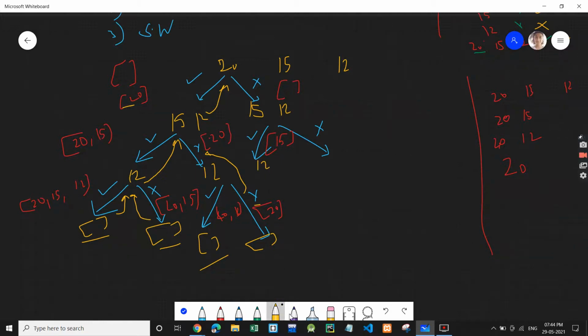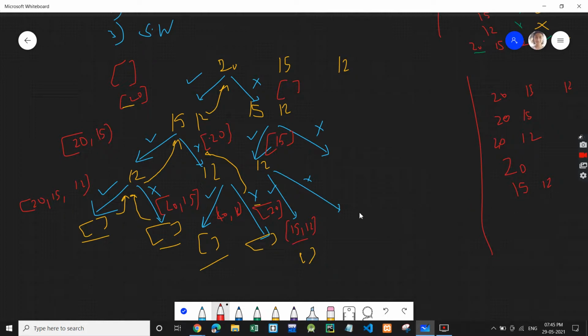So again for 12 we will have two possibilities: we take 12 or we do not take it. If we take 12, our subset will become 15, 12, and we will pass the empty array because there are no more elements after 12. So 15, 12, and we will print that.